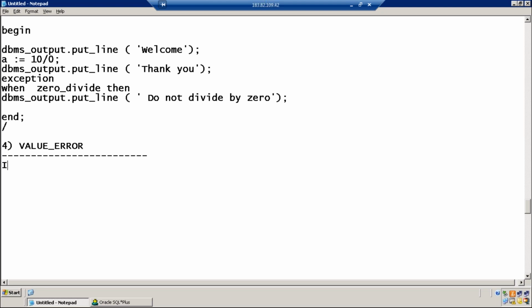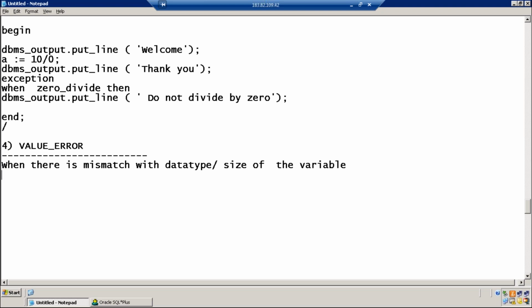I'll tell you. Value error. This exception is raised when there is a mismatch with the data type, or the data type or size of the variable.